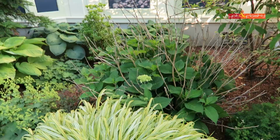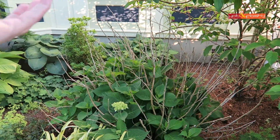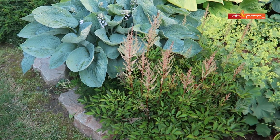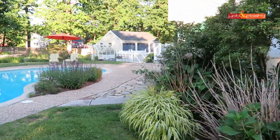This is a regular Endless Summer hydrangea, so that will bloom blue, and I'm not going to cut all these sticks off because eventually they will leaf out and have flowers. Back there is more hostas, more hostas. This is a stilbe here in front that's going to bloom pink. It's almost ready to burst, and that's kind of the rest of that bed, and that curves around over to